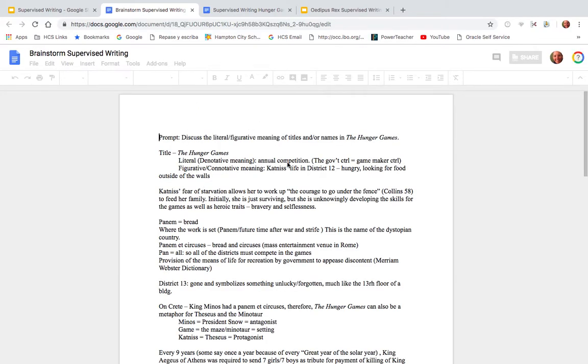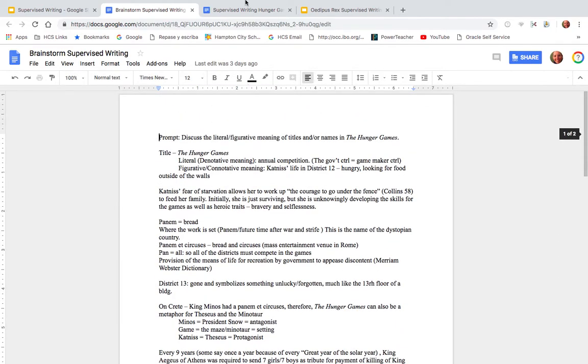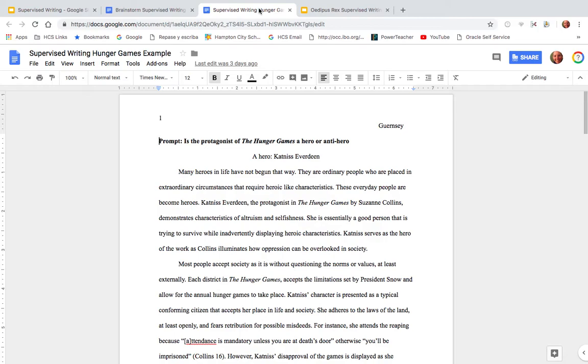So they look both very different. One is more of a brainstorm and the other one is essay format. I suggest that you use the format that you are most comfortable with. So if you're most comfortable doing an essay, then write an essay. If you want to do a brainstorm, do a brainstorm. So let's look here at the essay portion of it.